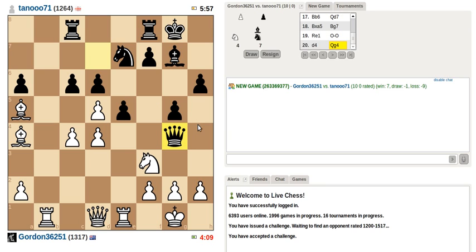Okay. Pawn takes, pawn takes. Queen in the neighborhood of my king. A bit concerning. Rook b7. Knight goes to g6. Not sure. Rook b7. Knight goes to g6. I can play